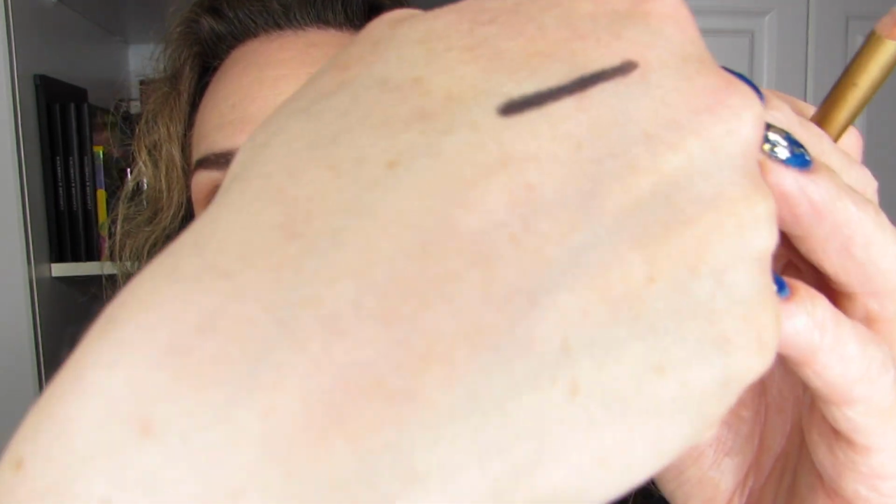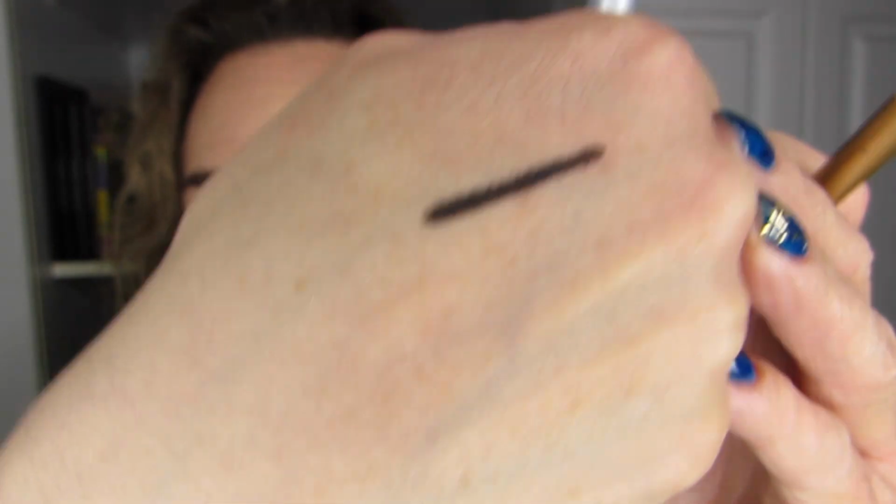First off, I thought that I would use the pencil that came with the kit last year. I'm pretty sure it was in the kit last year, and it is a black liner, very, very smooth. And I thought that I would use that on the lower lash line, and I'm going to use the Clinique Pretty Easy liquid liner on the upper lash line. And then I'm going to use the Lancôme duo that is in the Lancôme set this year,